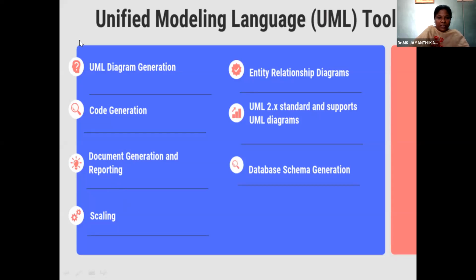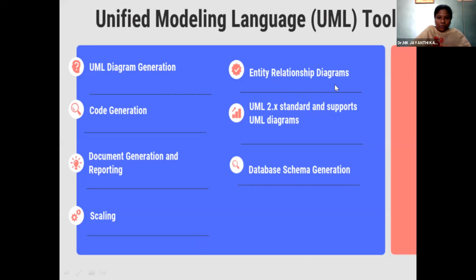And what is the operation performed internally in the activity diagram? The corresponding report writing can be done using the open source tools. And we can scale. Scale means how many functions are there, how many objects are there, how they are interacting, what is the size of the code, everything we can estimate. And entity relationship diagrams for the same UML diagram also you can create.